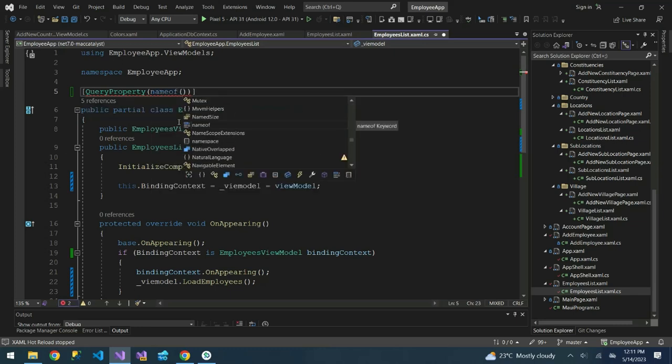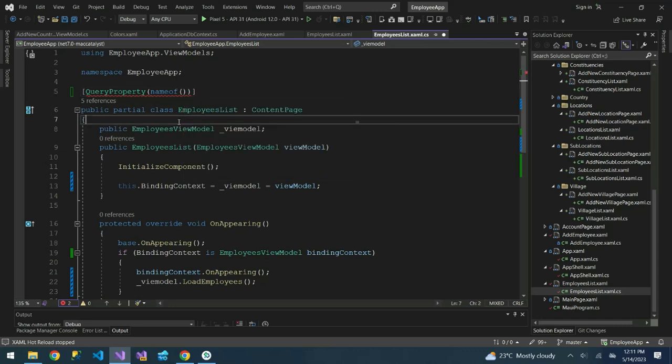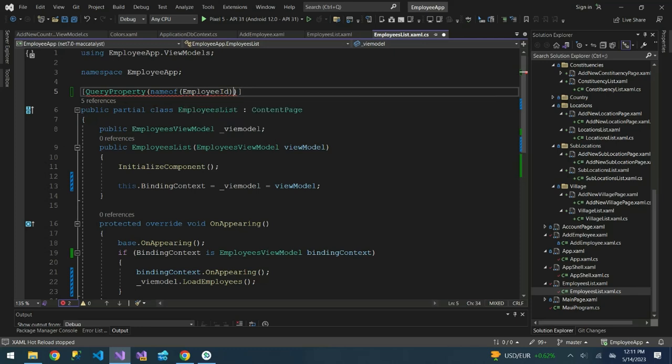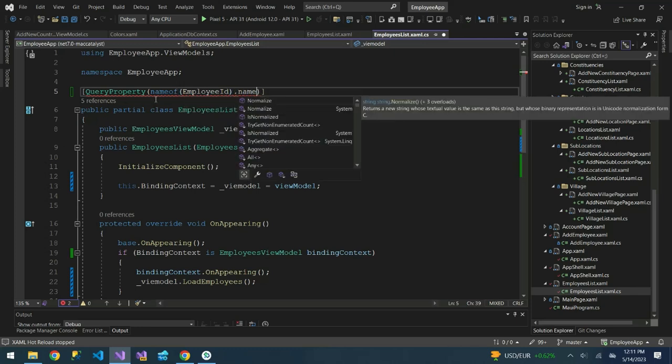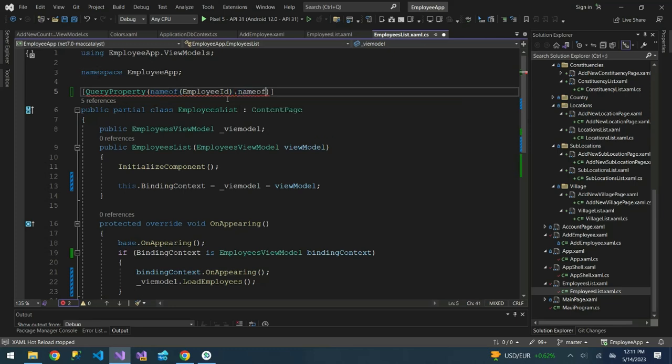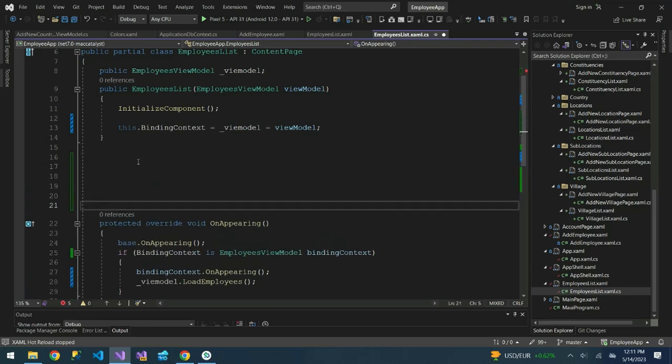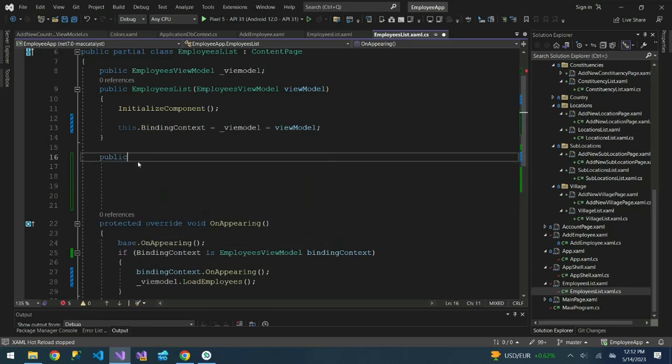we need to pass the name of the parameter. So you can say employee ID, then you can do name of, this should be a comma, then also we pass the employee ID. So that is it. You can close this. This employee ID, we need to define it here. So we'll say public string